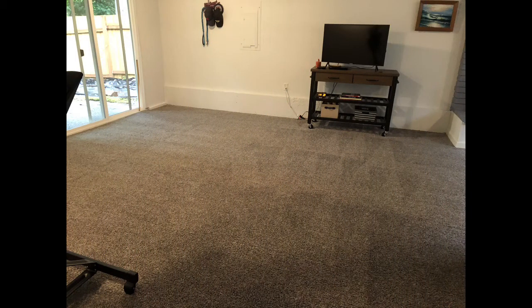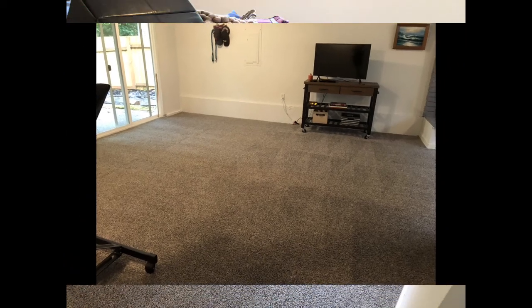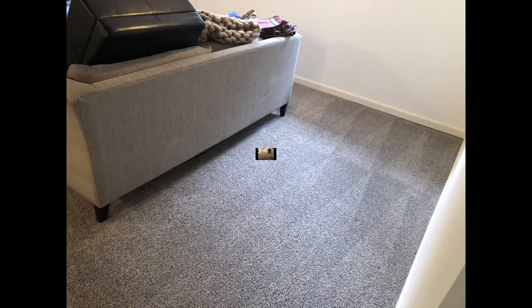Here's the finished work downstairs in that big basement. Looking fantastic. And I did brush in some of those triangles. This is a lower pile nylon carpet, so it's not going to show real deep triangles, and I will say, boy, I was kind of beat doing the 3 jobs today with my brush. And I've heard Robin from Oxy-Dry say he doesn't use a grooming brush because he thinks it's easier to vacuum,